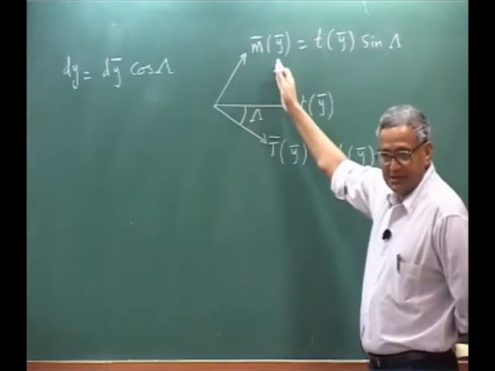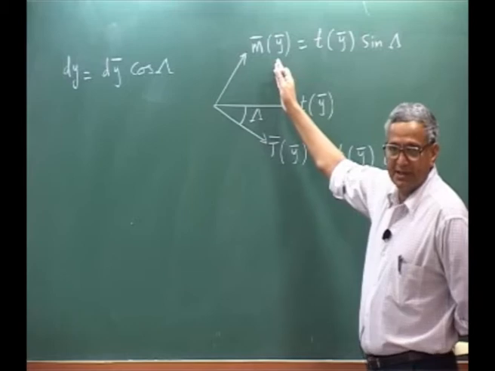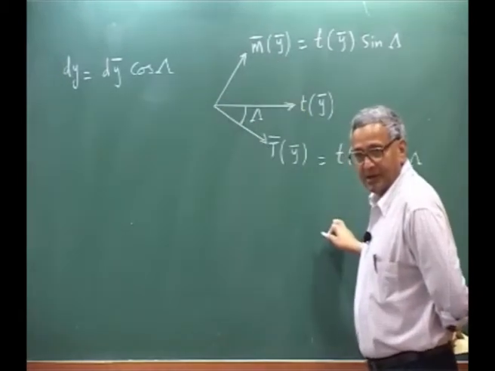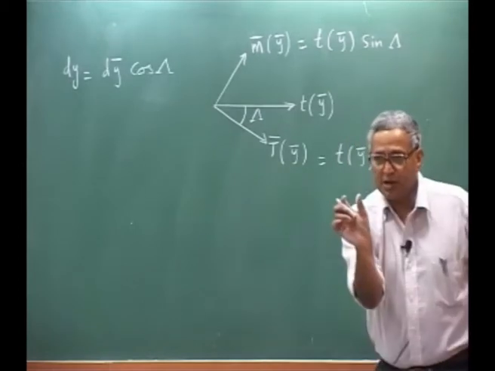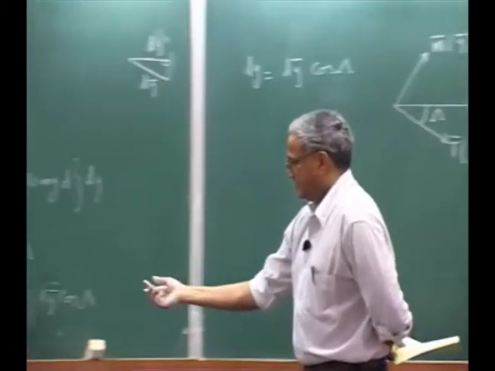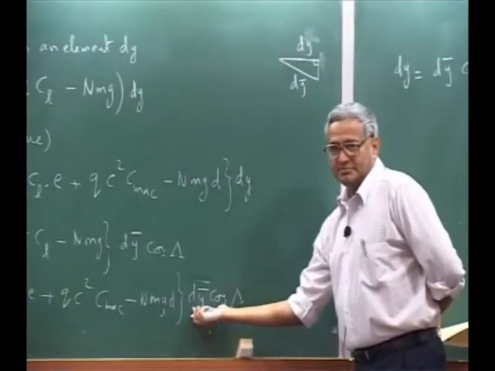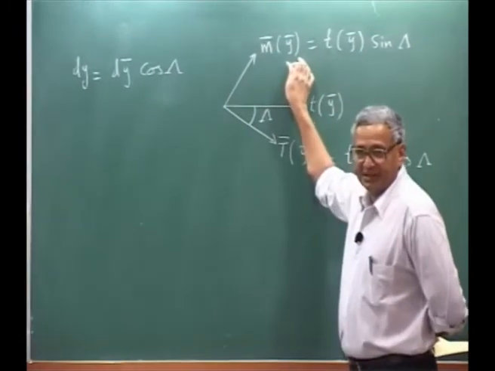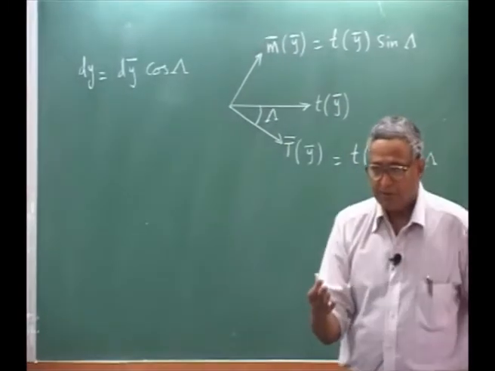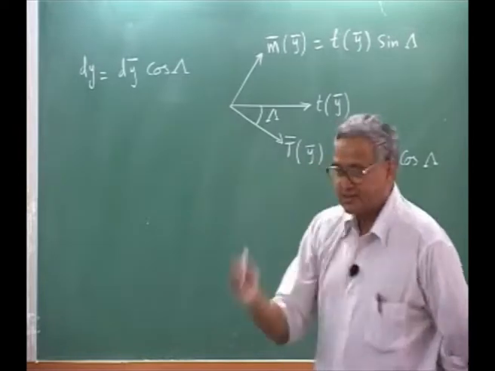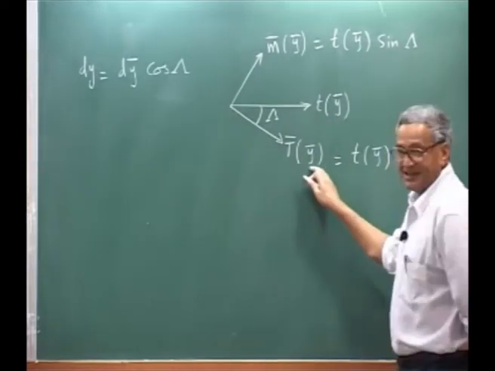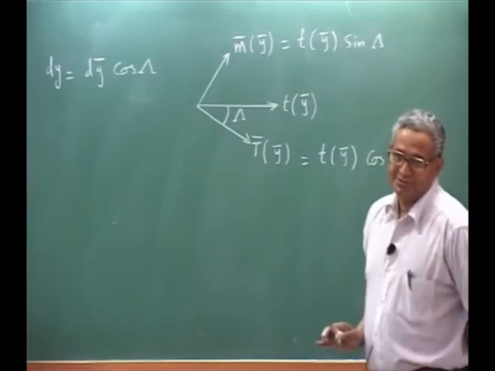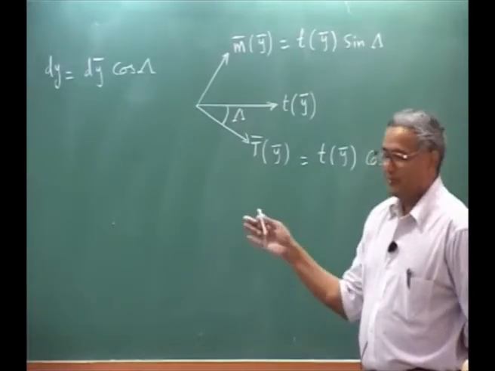M bar y bar is the bending moment that is acting on the wing along the y bar direction over a small elemental length dy bar. If I divide M bar y bar by dy bar, that will give me moment per unit length along the elastic axis. Here, same thing, if I divide that by dy bar, I will get the twisting moment per unit length along the y bar. Now I can go back and write my